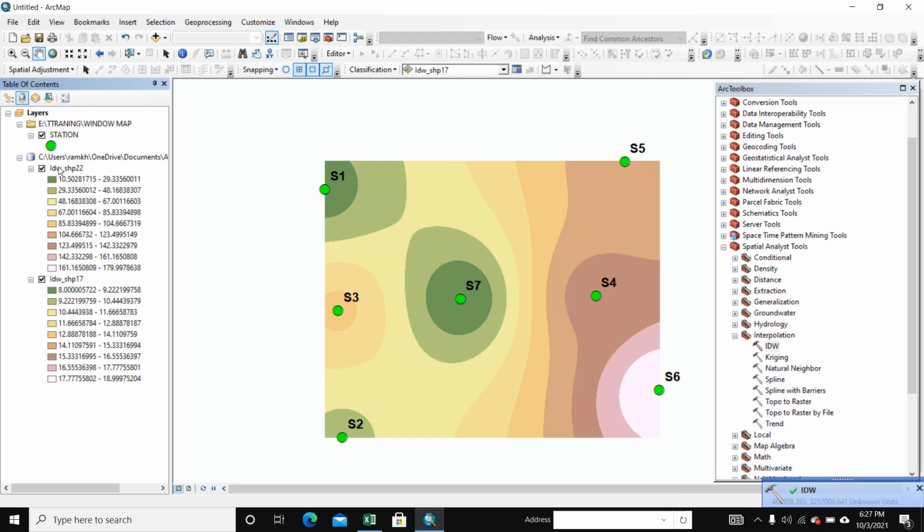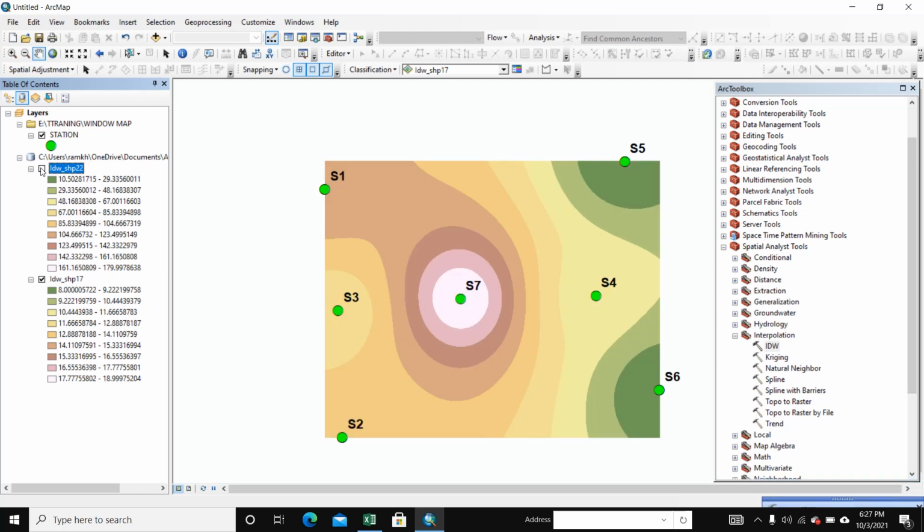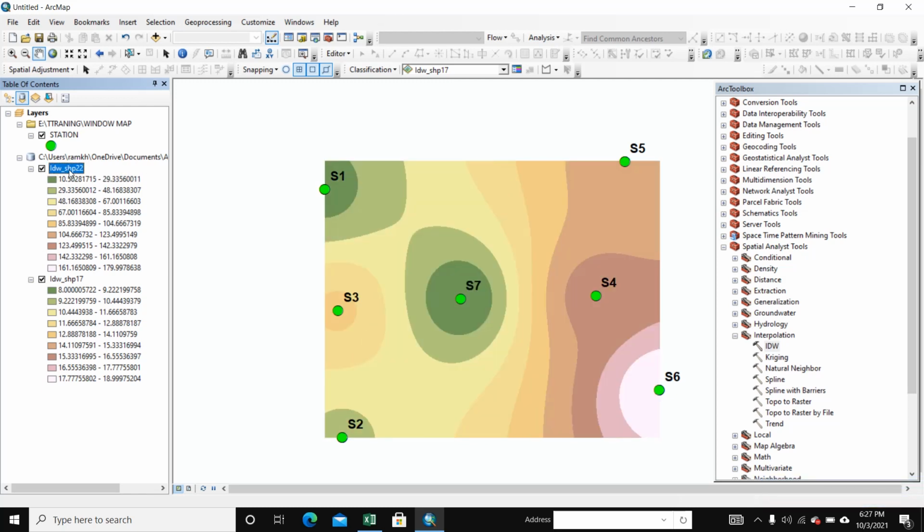Here is direction, its direction map and its speed map. So we write here direction and speed